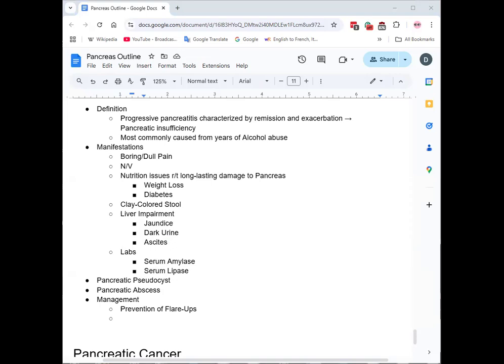This is similar to what we talked about with the liver, where with severe cirrhosis, the liver doesn't even make the enzymes to leak out into the blood to begin with. Same kind of idea here, where the pancreas is messed up, but it's so messed up that it's not even causing a high amount of leakage into the bloodstream. So at that point, they're actually going to show up normal or low,